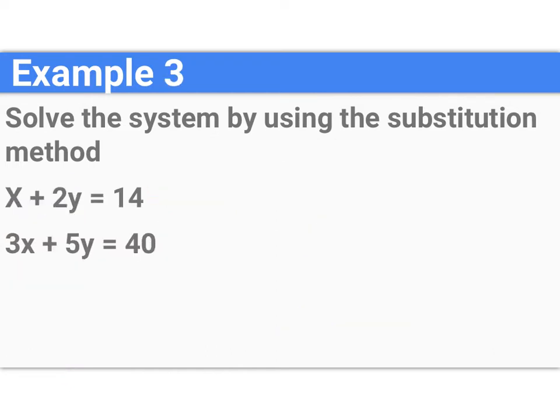Okay, let's look at our next example. Here you have x plus 2y equals 14, and then 3x plus 5y equals 40. When you have a situation like this, you have 2y here. If you solve for y, you're going to wind up dividing by 2, and you don't want to deal with fractions. The coefficient in front of this x is already 1, so I would solve for x. I would subtract 2y from both sides. I get x